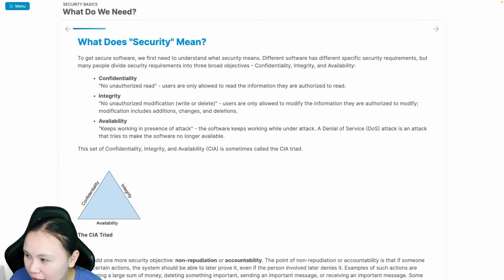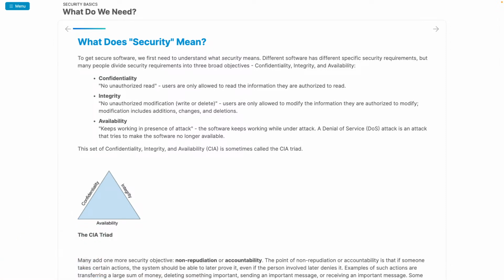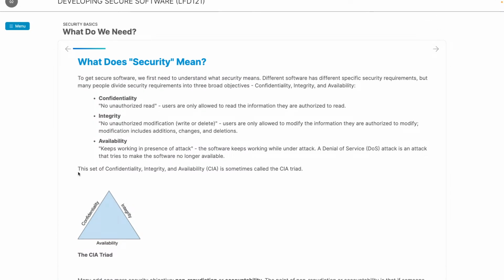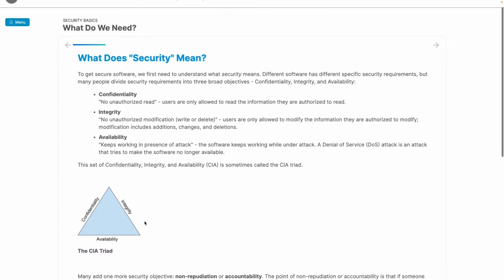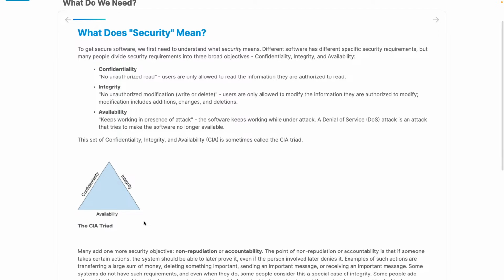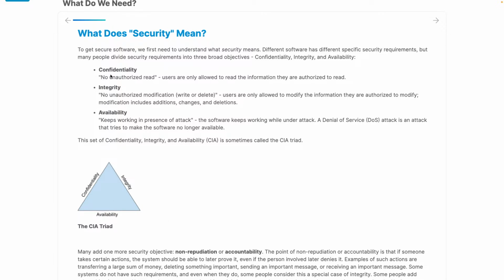Okay, maybe I'll put myself away for a little bit. So there are three main things. That's the triad. I feel like three is always a magic number, that we always like three things together. So what are the three